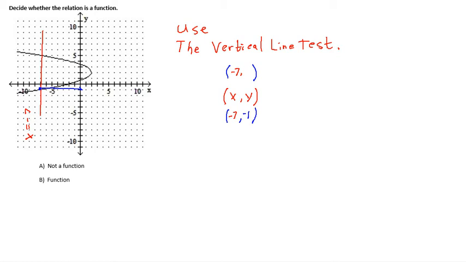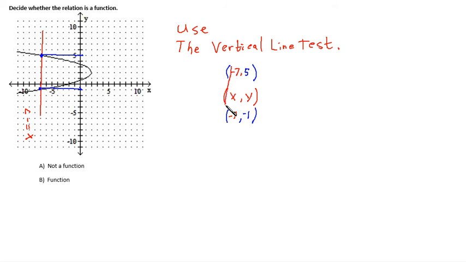And where you find that is up here, where the red line, which represents a single value of x, intersects the graph. For this point on the graph, we're seeing a y value of 5. And there lies the problem, that for the single value of x,